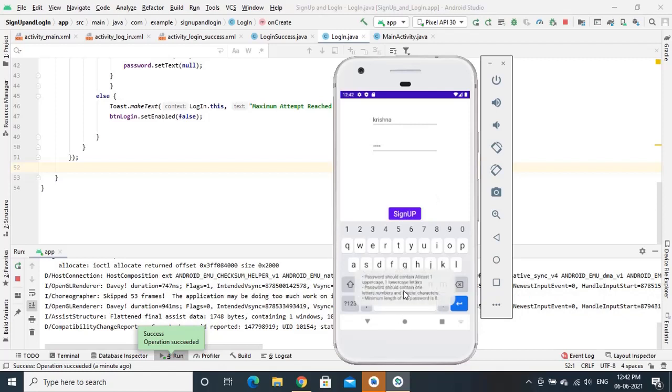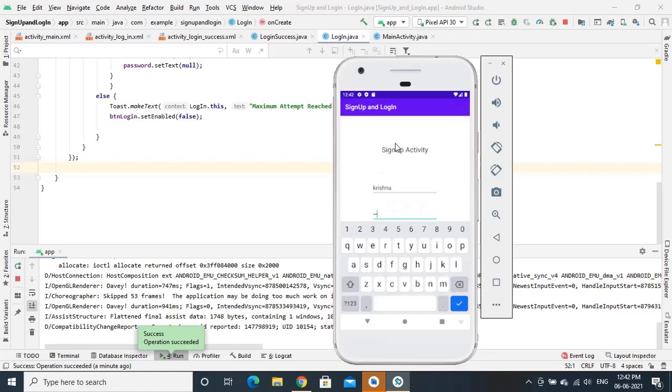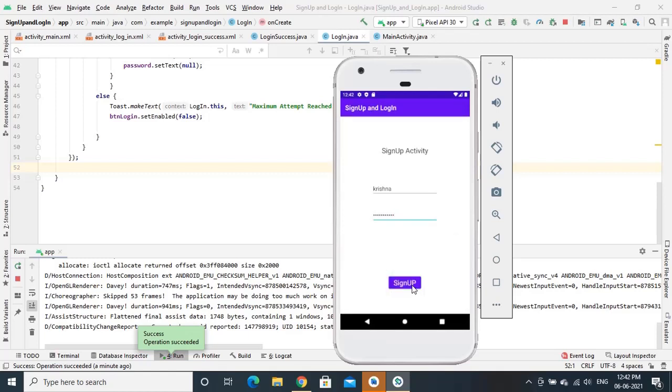Yes, it is printing the toast message, and we'll see what happens if I give proper password with one capital letter, small letter, a special character, and numbers. So if I try to sign up now, okay, so again it is giving the same toast message.